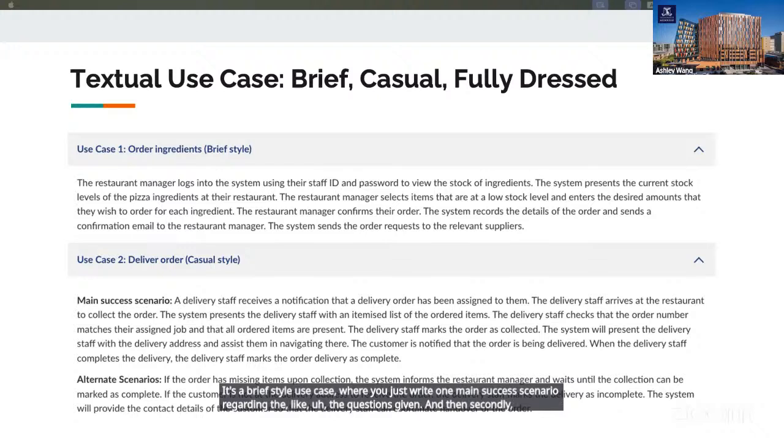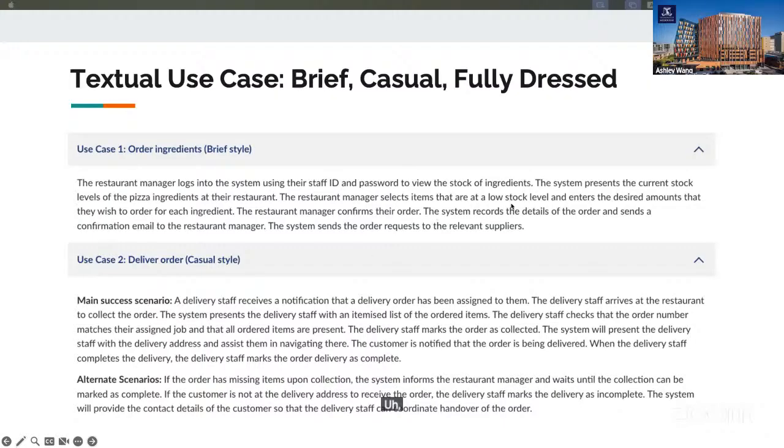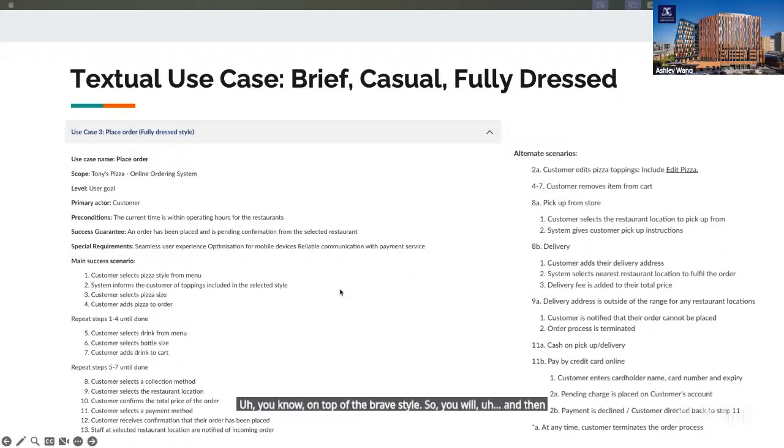Secondly, we've got the casual style, which is pretty similar to the brief style. You just add an alternative scenario on top of the brief style. And then very lastly, we've got the fully dressed style use case.